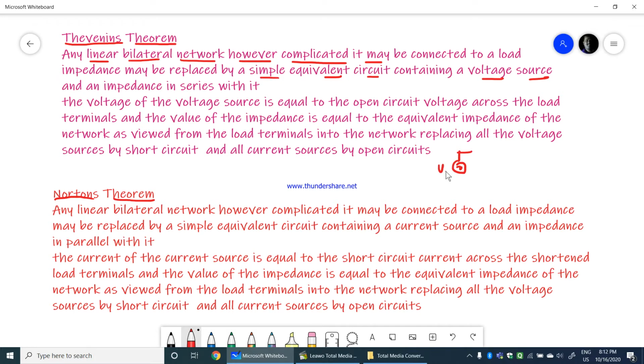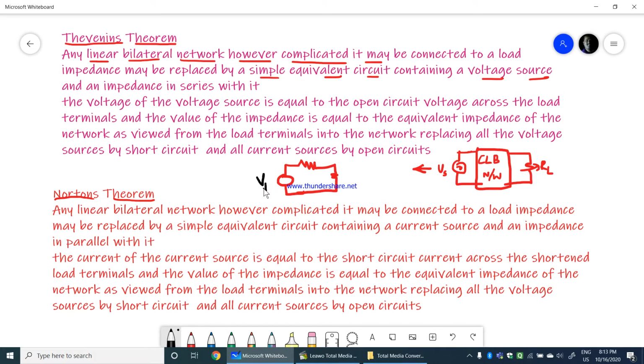now this is voltage Vs, for example. Now this is connected to a complicated linear bilateral network, connected to the load at the end, can be converted into a simple network which contains a Thevenin's equivalent voltage source in series with the Thevenin's equivalent resistance, and that in turn in series with the